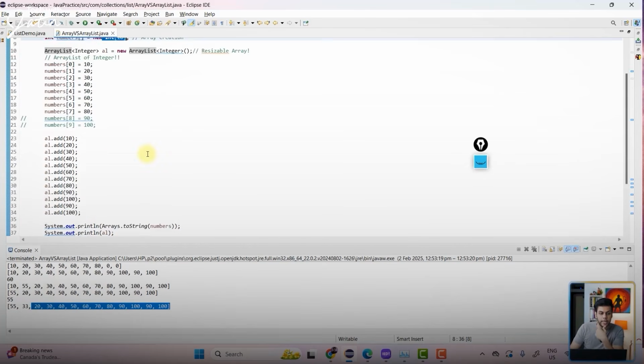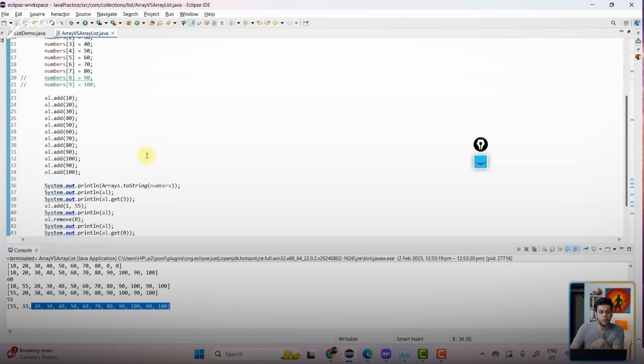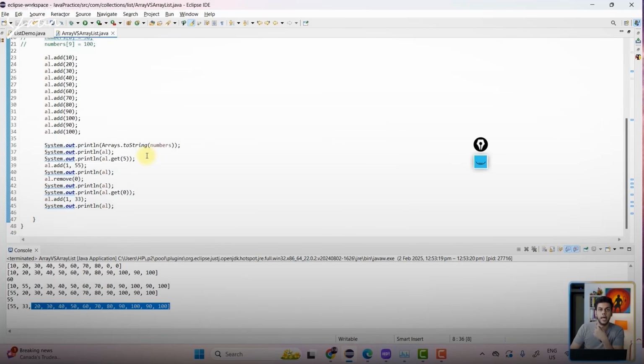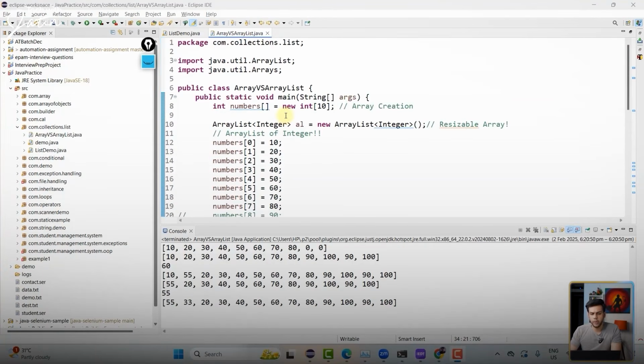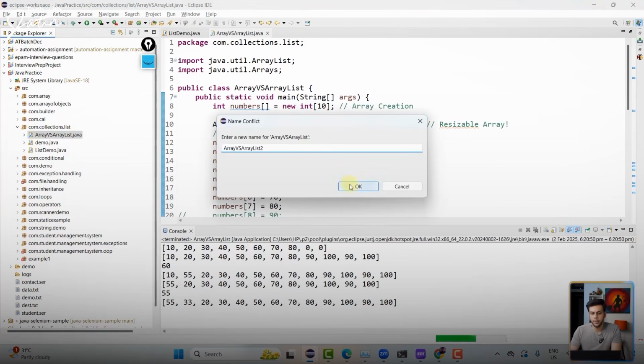Now, quickly write this particular code, guys. Then we will try to look at different methods which are there in array list. All right, guys. I hope you have written the code. Now let's go ahead and quickly do a revision of all these things together. See guys, let's first duplicate this particular file itself. I want to work on a different file.